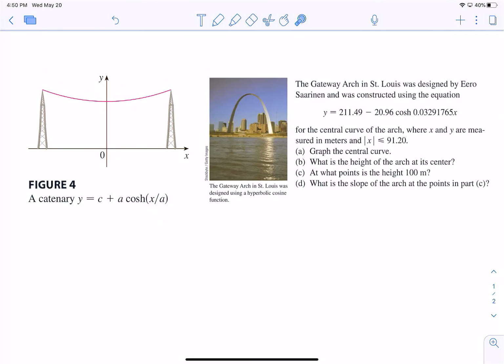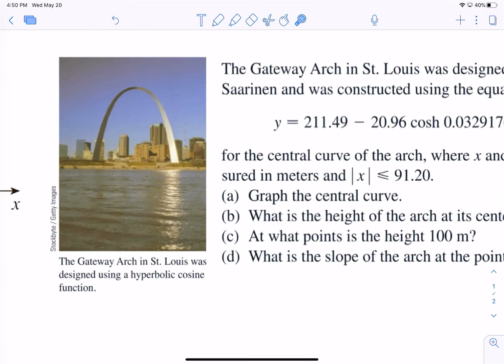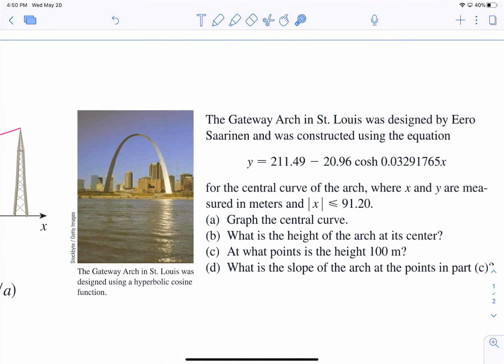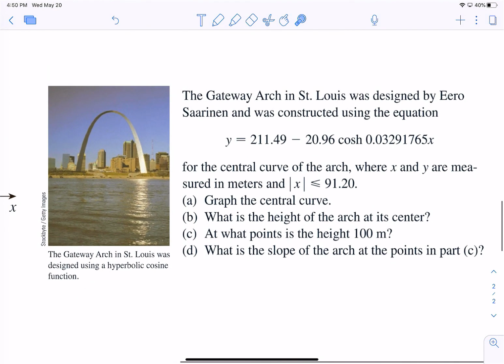And the second image is the Gateway Arch. It's a structure in St. Louis, and it was designed using a hyperbolic cosine function. This is a picture out of our textbook. This is a homework problem out of our textbook that we're not going to analyze right now. But we can see that there is an equation for the St. Louis arch, and it's y equals 211.49 minus 20.96 hyperbolic cosine of